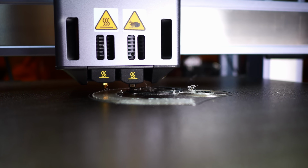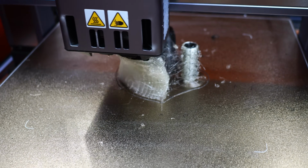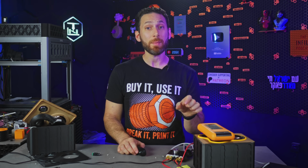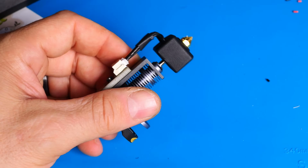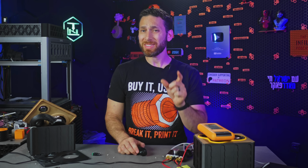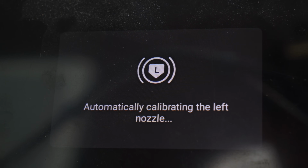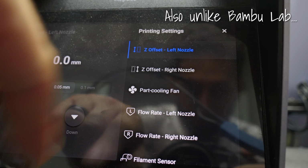And on the note of carbon fiber, I was really surprised and really happy to see that despite using a pretty unique dual nozzle tool head with a quick swap heatsink, the Snapmaker, unlike, say, a Bamboo Lab, still uses commonly available M6 threaded nozzles, so I already had plenty of compatible hardened nozzles lying around. They weren't the same height, but it does also have an automatic utility for aligning each of the nozzles in X, Y, and Z, and you can also manually adjust the Z during printing,